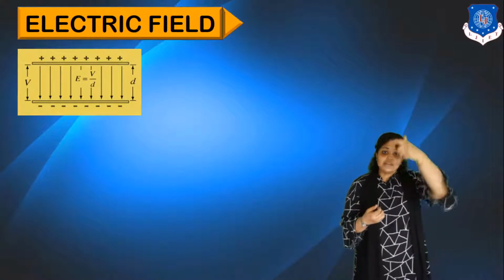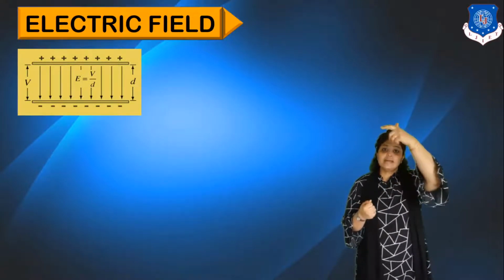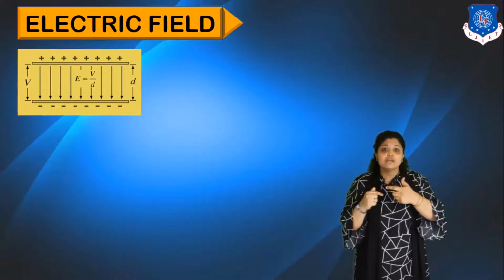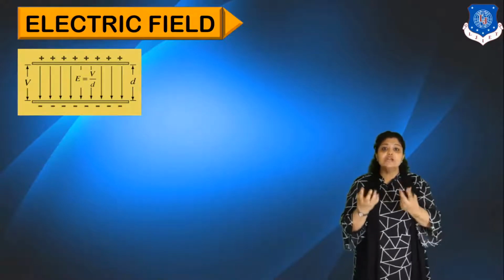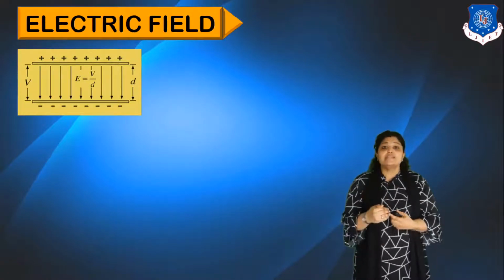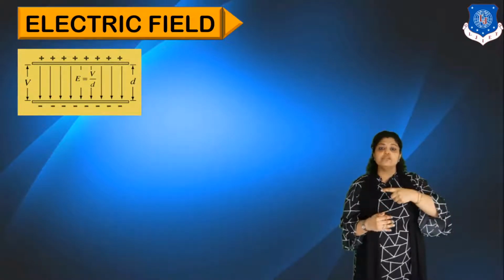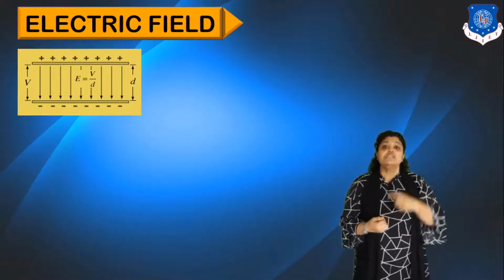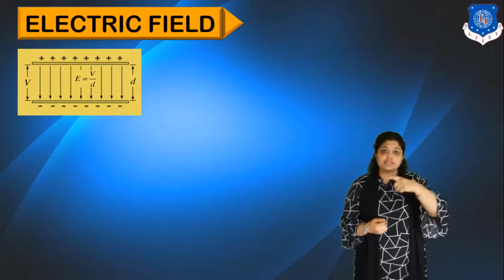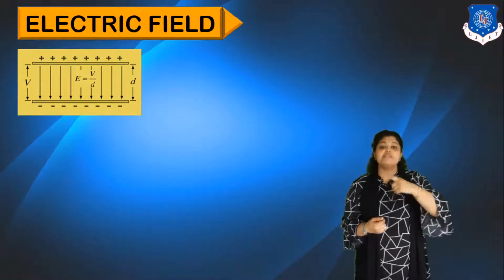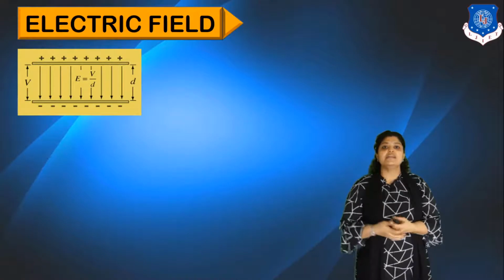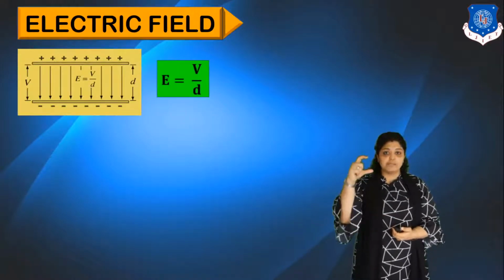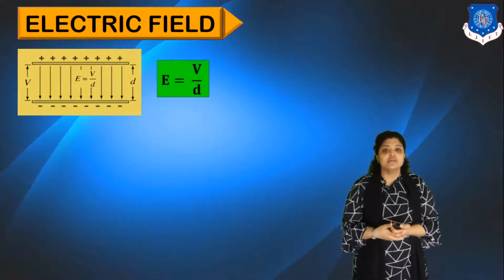So, during this flow, what happens? When the electrons try to flow from positive to negative, there is some resistance in between. To overcome the resistance, they lose some energy. So I can say that from the upper to the lower portion, if the electrons are moving, the potential or the energy is dropping. This potential drop across the path where they have moved is what is electric field. And you define electric field as voltage, that is the potential, with respect to the distance.